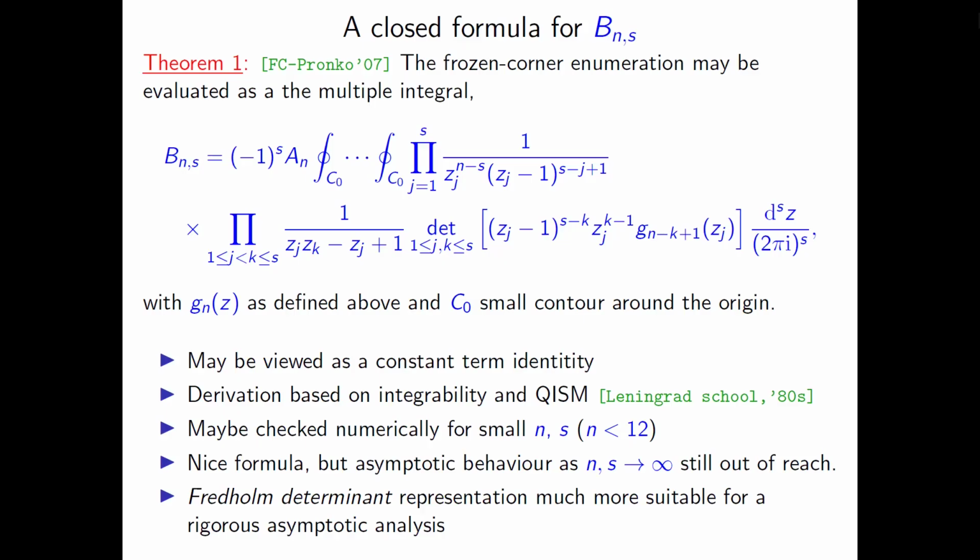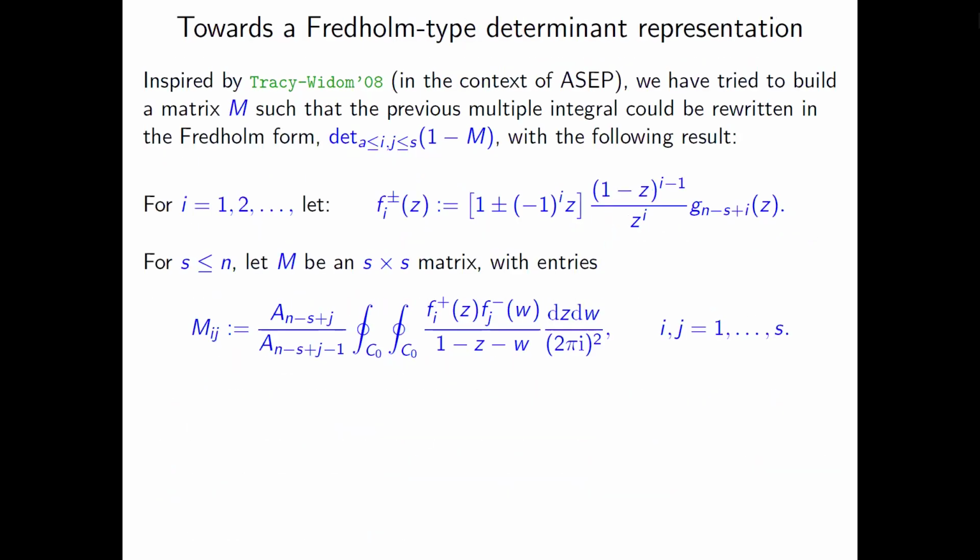The problem with this formula is that it is not very suitable for asymptotics. Just like for monotone triangles, we already have a formula for frozen corner enumeration, but how to do asymptotics with it, nobody knows. And here it's the same. We can do some very rough asymptotics, which will help you to find the limit shape, but here we want to address a more sophisticated problem. So to do asymptotics,